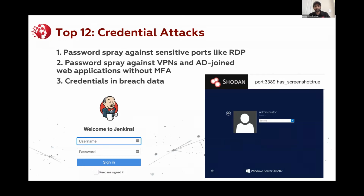We had a client last year that was exposing Jenkins on the internet. This Jenkins login was joined with Active Directory and there was no MFA enabled. And just using open source intelligence, essentially LinkedIn and other sources, we were able to compile a list of probable usernames at this company. And we also came up with a short list of dumb passwords that we thought could work based on the company name and other variations. So within an hour of attempting various usernames and passwords, we got access as a dozen different users to this